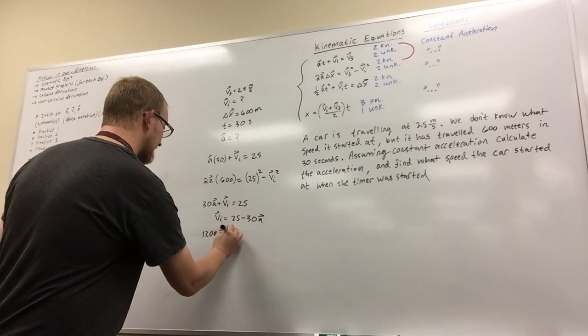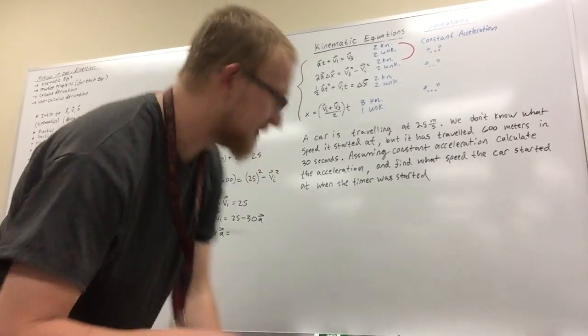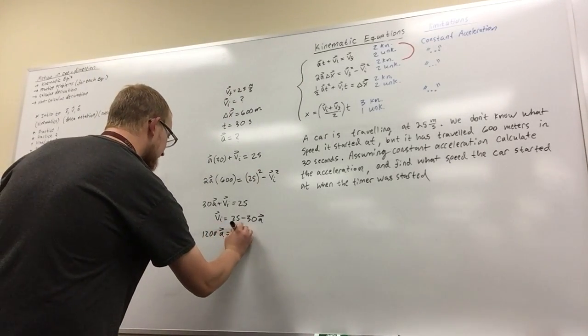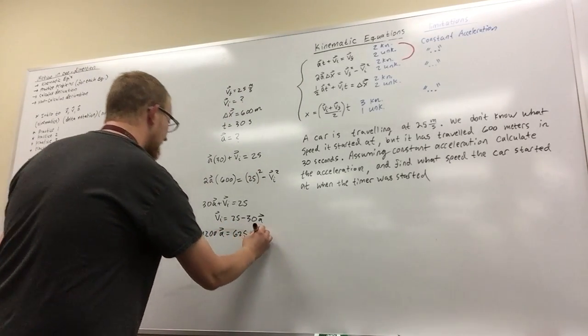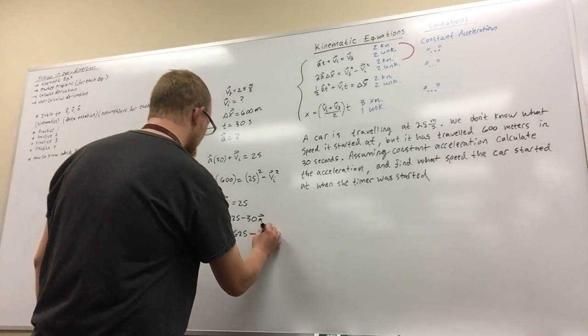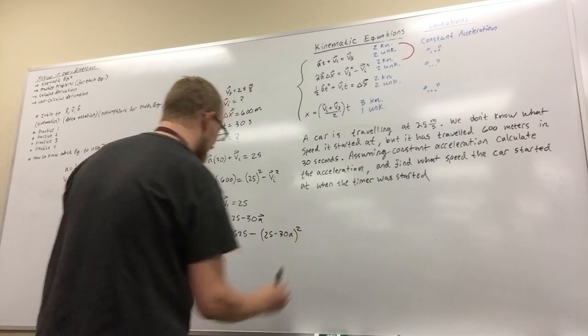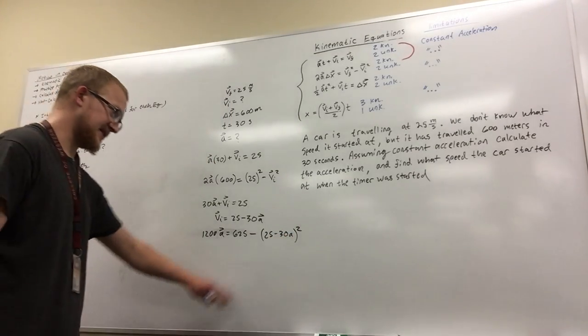A equals, what is 25 squared? Is it 625? It is. Cool. So 625 minus Vi squared. Well, Vi is 25 minus 30a. 25 minus 30a squared. So this is going to be a little bit intensive because we're just going to have